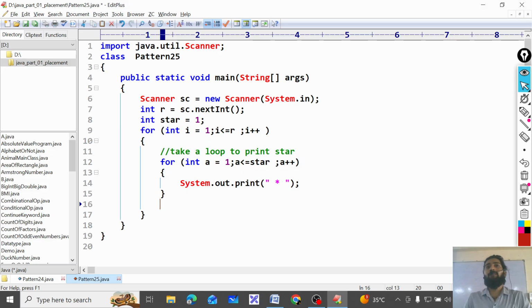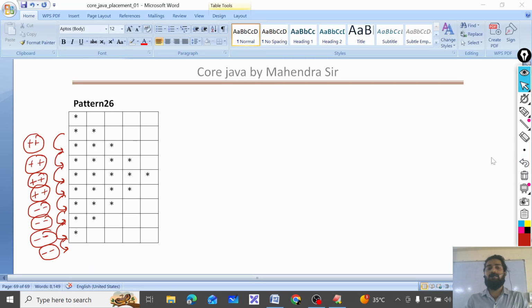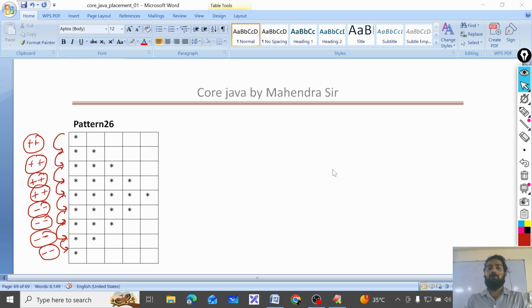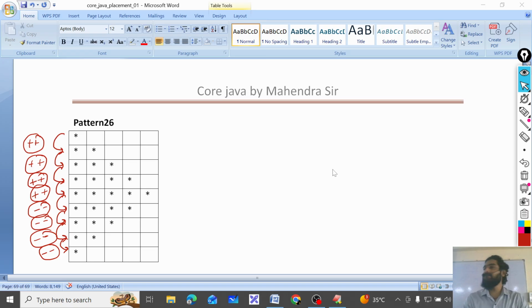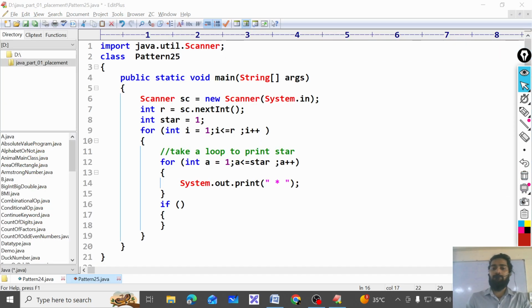For that, what do I have to do? Simple. See, how many times were the stars increasing? 4 times increasing and 4 times decreasing. So I will write one condition: if i is less than or equals to, why only 4?